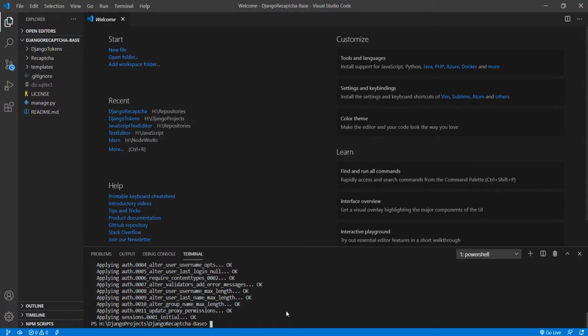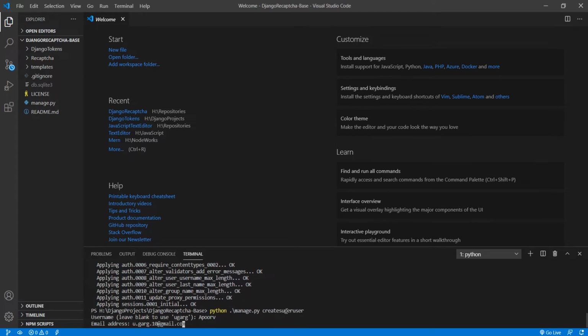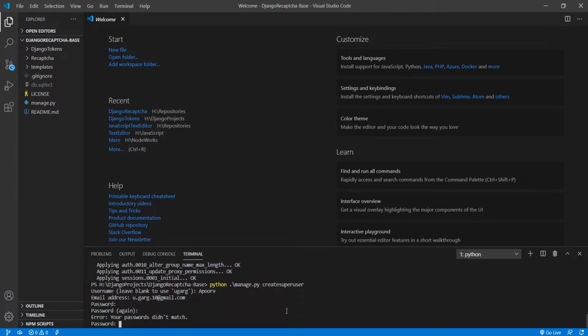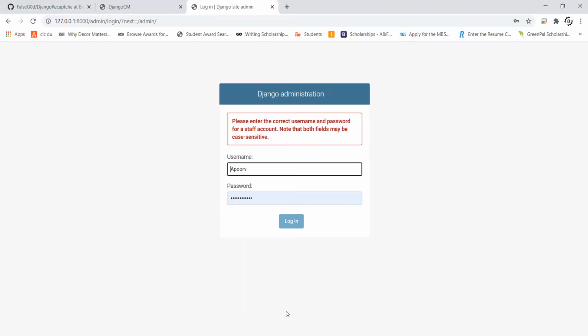Oh, it seems that we also need to create a superuser for this. For this, we will simply use the command. Once that is done, we will try to log in.